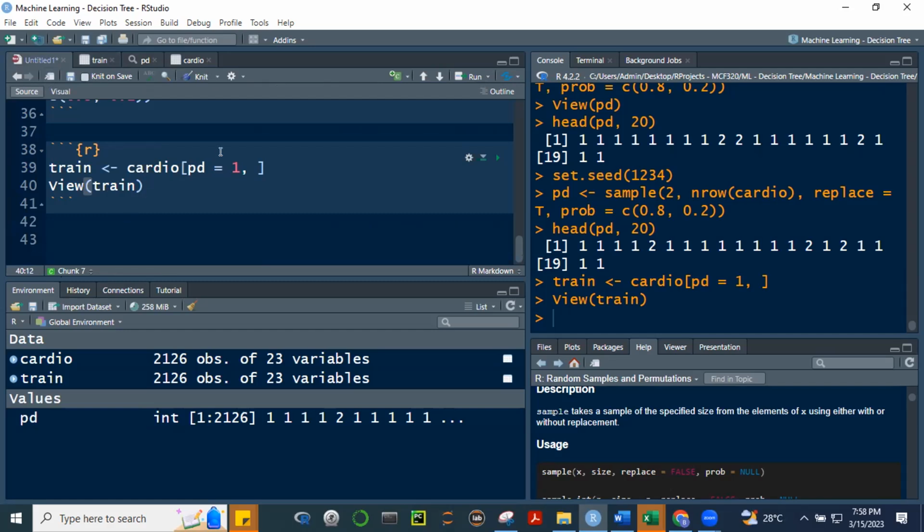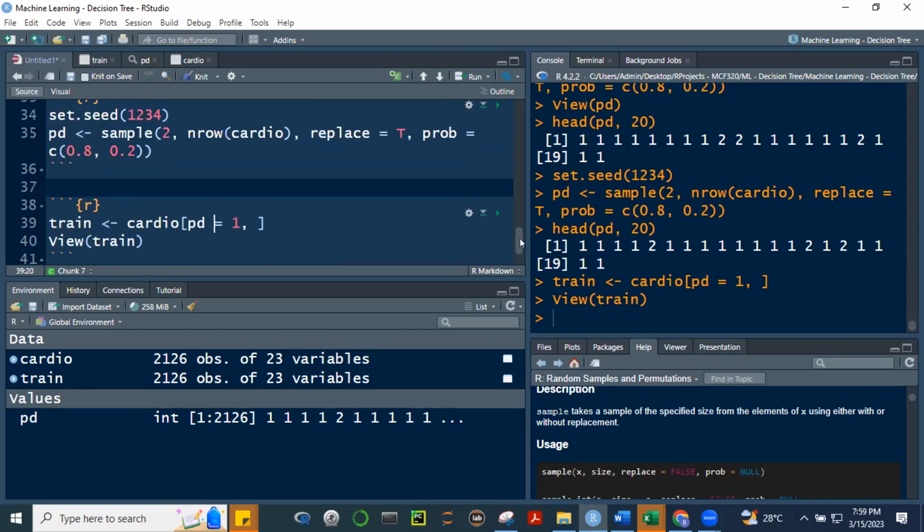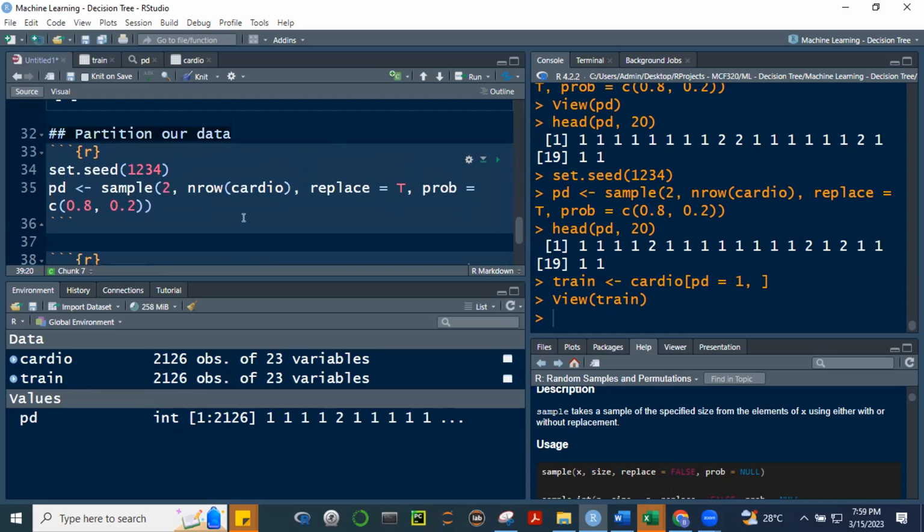Ay, wait. Notice, yung train, mali eh. Bakit 2,126 observations pa rin? Dapat 80% na lang yan, more or less, di ba? Kasi yung train, when we split our data, it was 80-20. Okay?